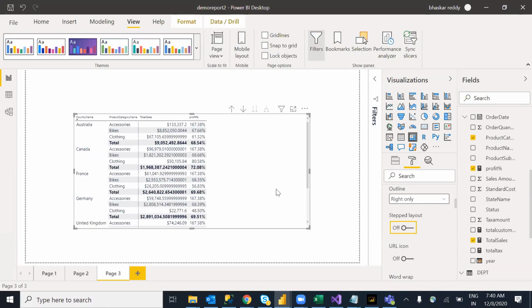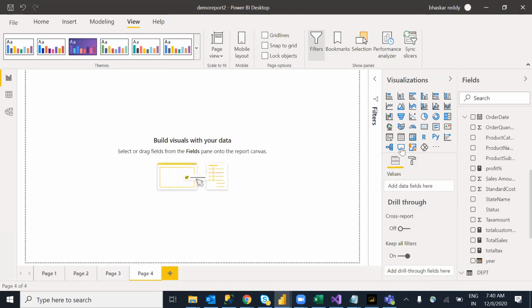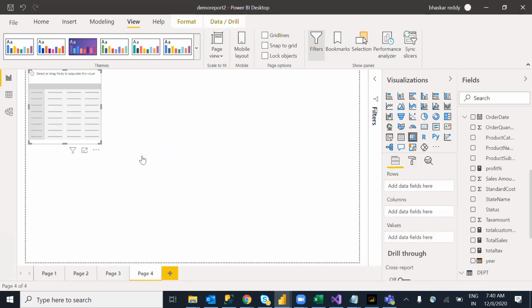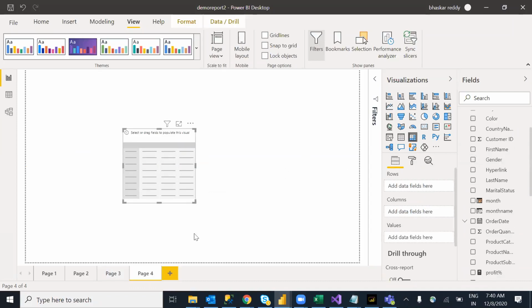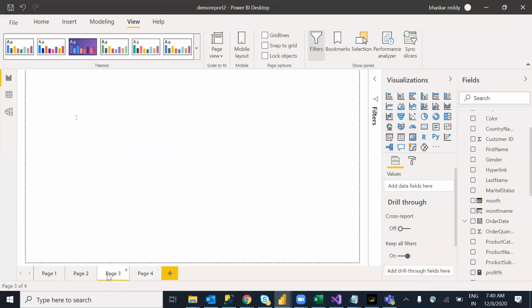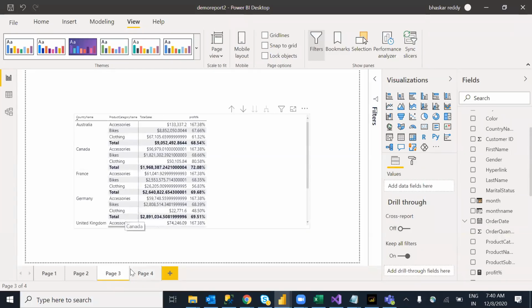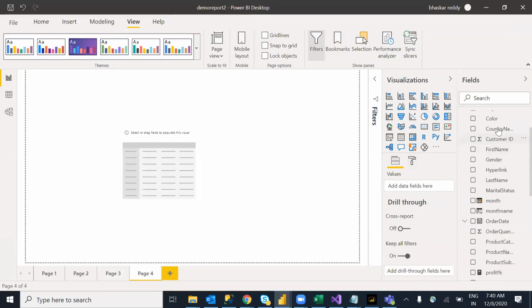Not only for an interview, most of the time they will ask you for this kind of requirement. People will struggle a lot, because of the lack of practice. I use this one. What can we do country-wise, country product-wise? Otherwise, they give a screenshot from Excel: can you please display the sales like this? This is what I wanted. What you can do? So this is a country name.